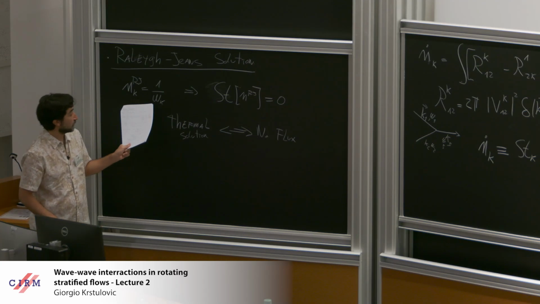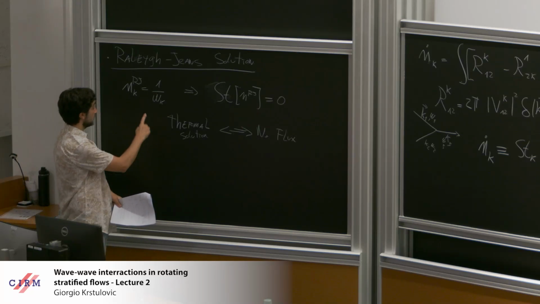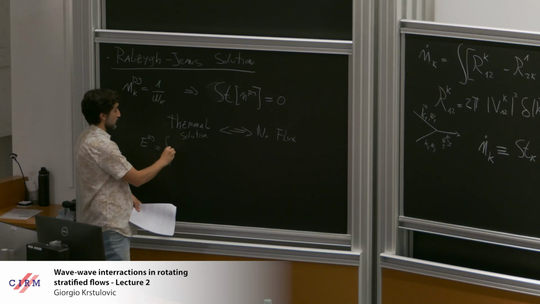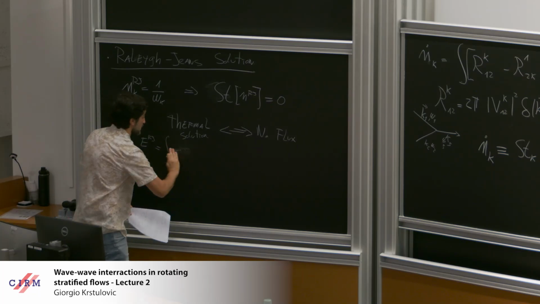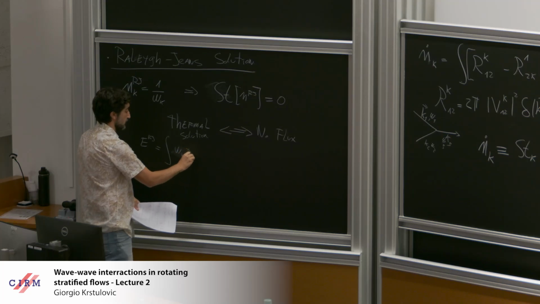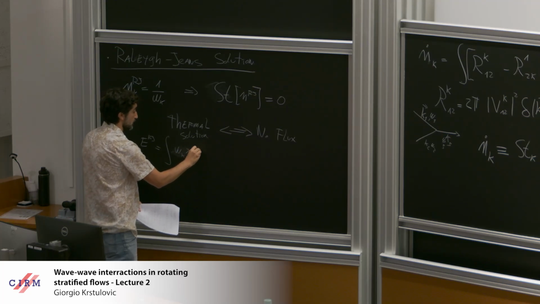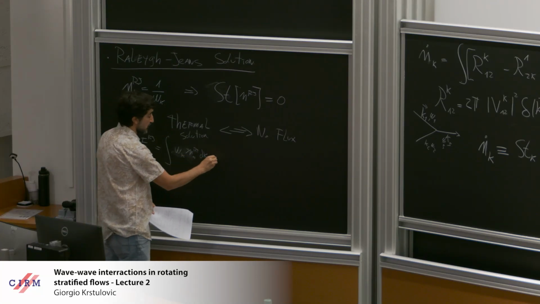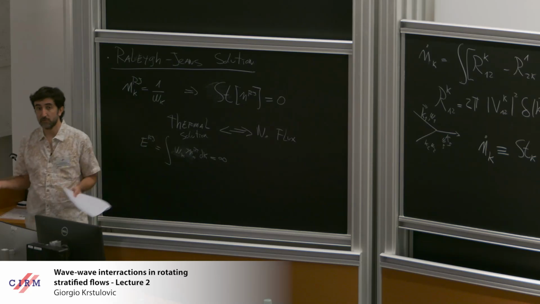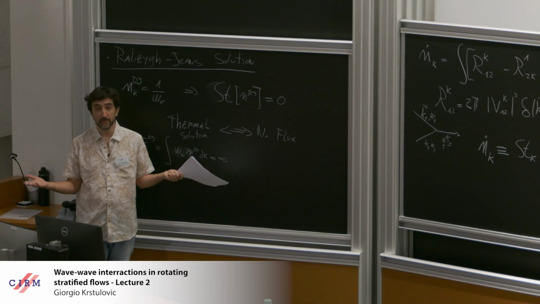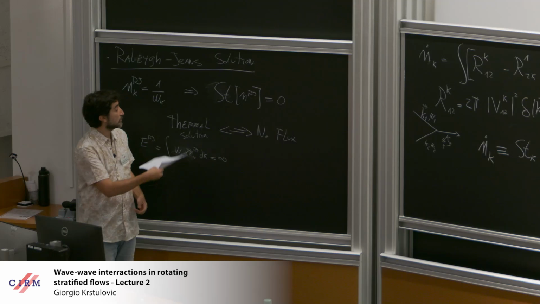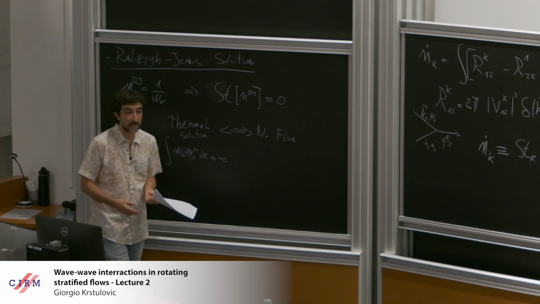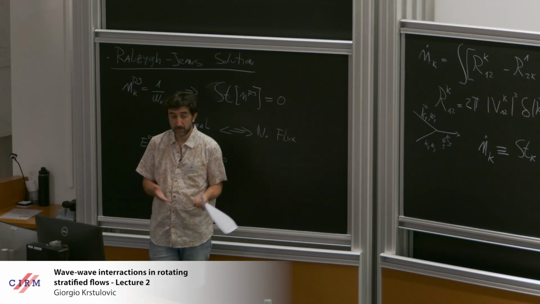Also, you need to be careful because this type of solution has infinite energy. So the energy, if n is Rayleigh-Jeans, will be omega k times n. But this is 1 over omega, so this is formally infinite. This is the ultraviolet catastrophe, which we will always observe in a thermal solution in a classical system. So if you want to make sense of this type of solution, you need to use a UV cutoff. And there's a nice statistical mechanics game that you can play with that, but it's not what we are doing